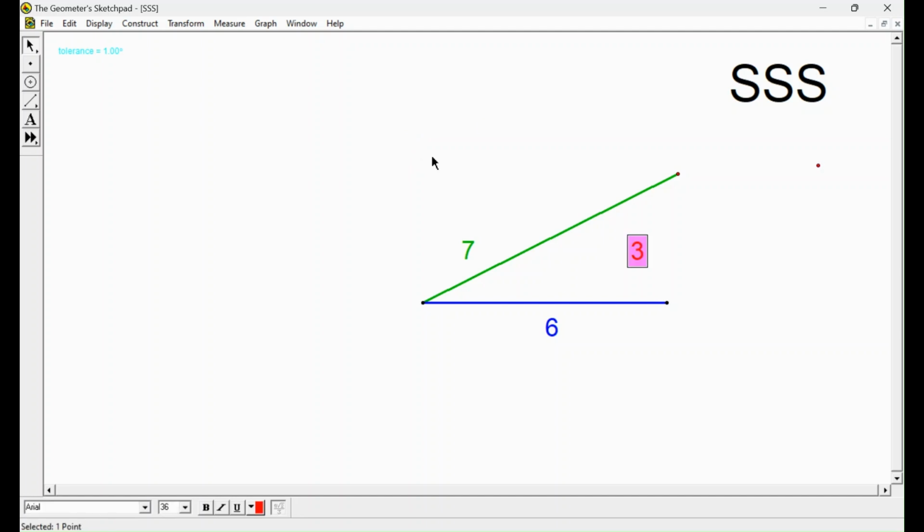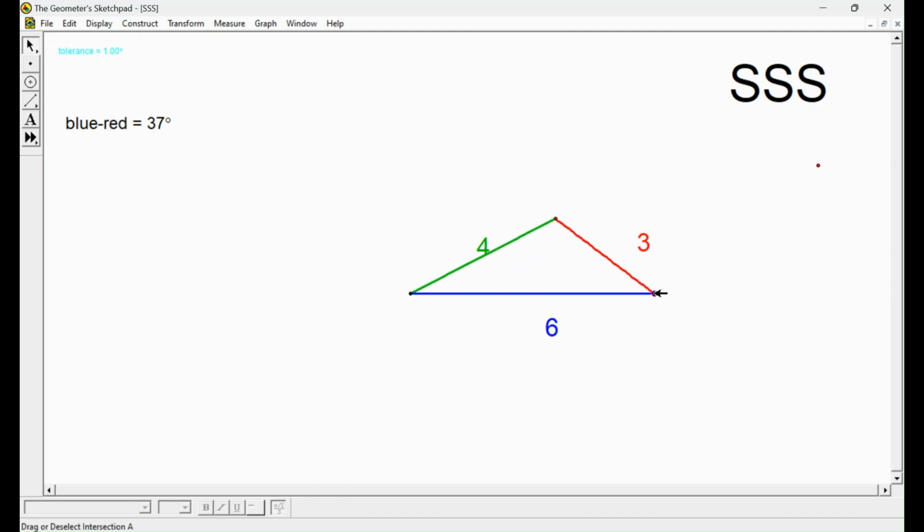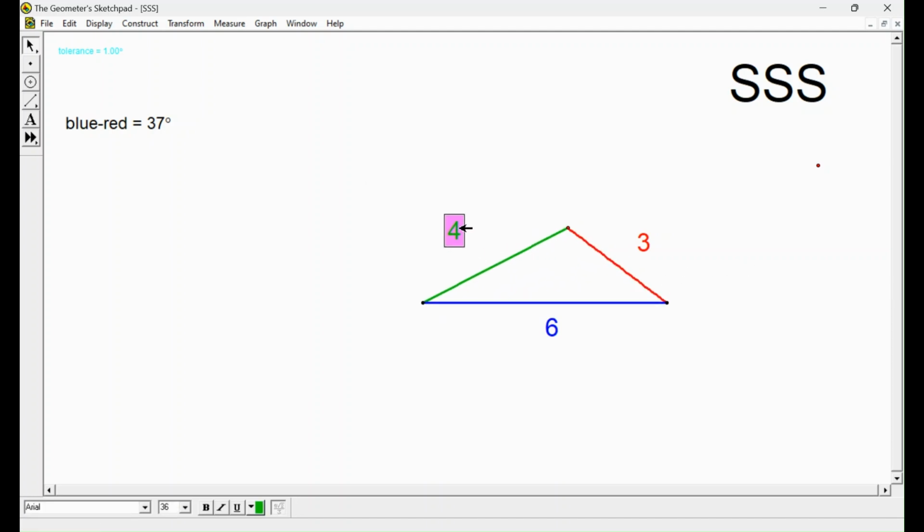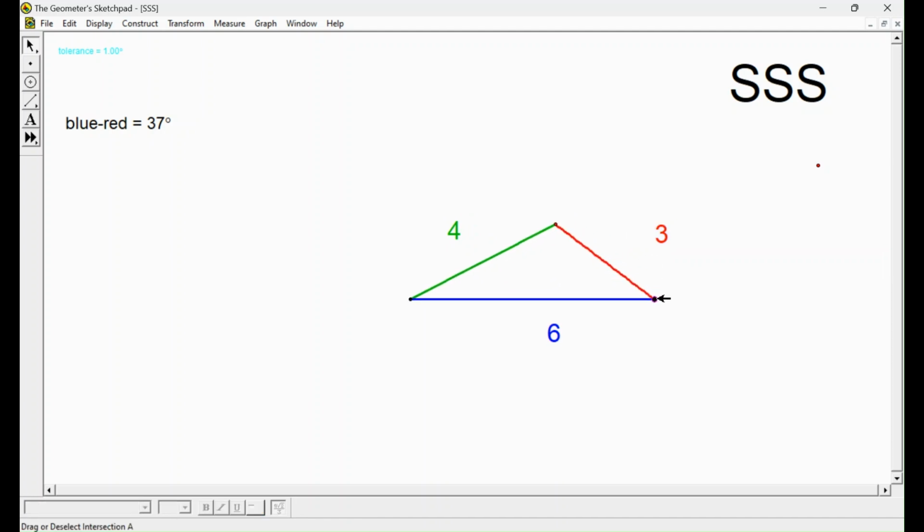Let me just keep undoing here and see if I can get it back. I think this is how we started. Sorry for the downtime here. Let me change one of these and see if it works. Yep, something is wrong with my program, and I'm not going to sit here and bore you to death while I fix it,